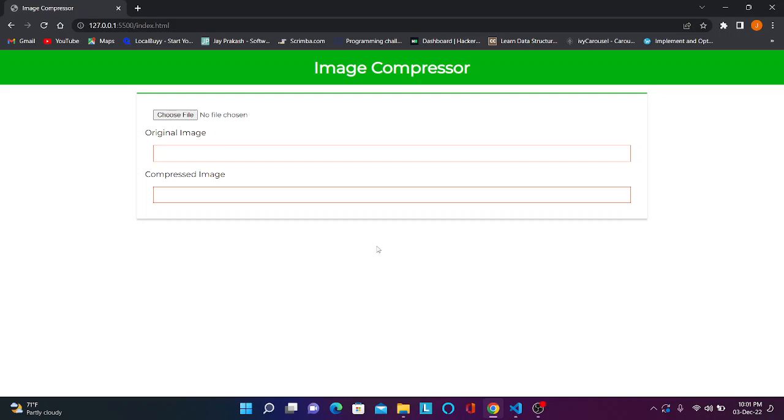Hello everyone, today I am going to create one image compressor website. This will be a very small tutorial on creating an image compressor. So let me show you the demo first, what we are going to create today. So let's say we will have this